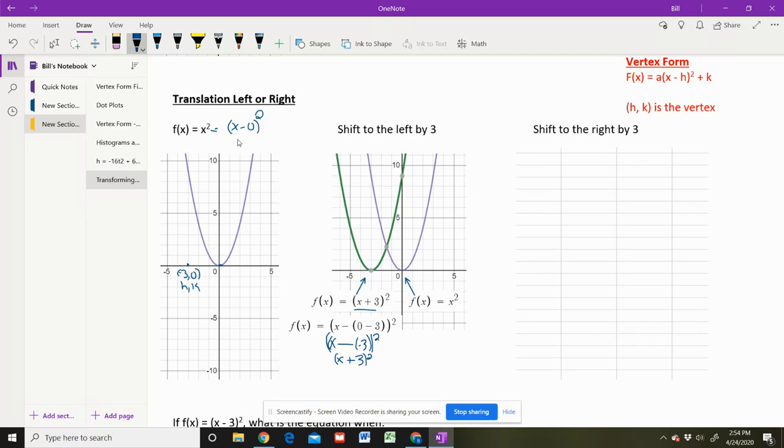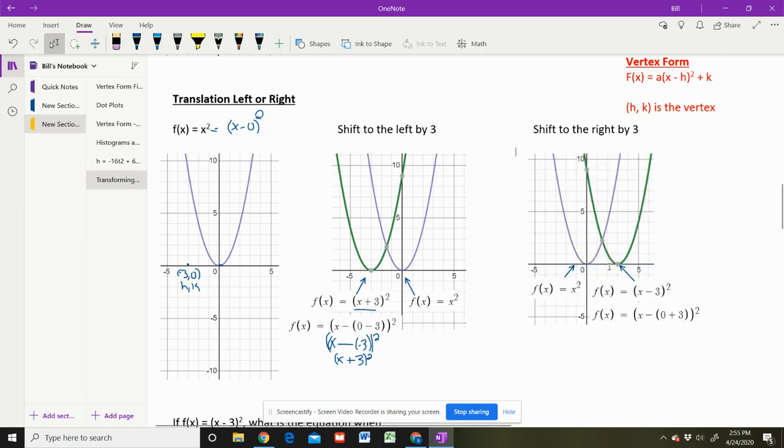So if we want to shift this x squared function to the right by 3, what do you think we're going to get for that? All right, so when we shift to the right, and again, this one right here, the x squared, is the original. We're shifting to the right, so we're going to go 1, 2, 3. So our vertex is going to end up at 3, 0,